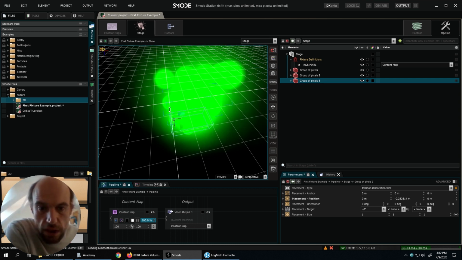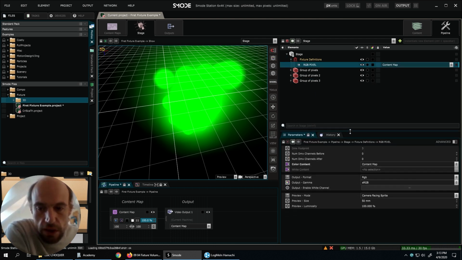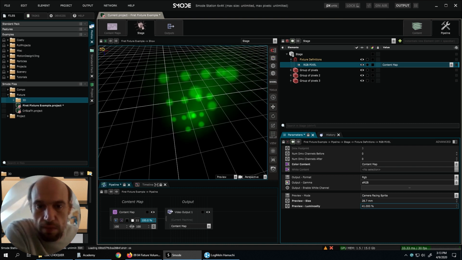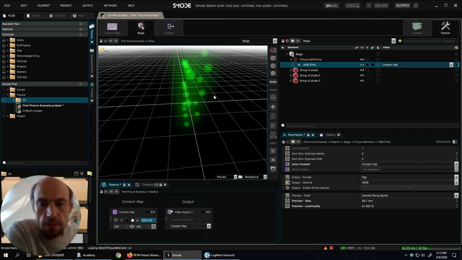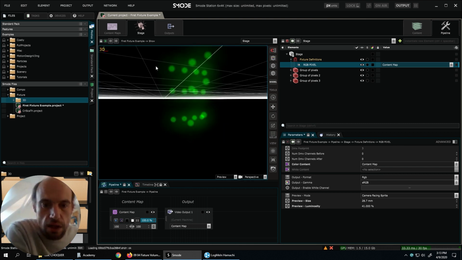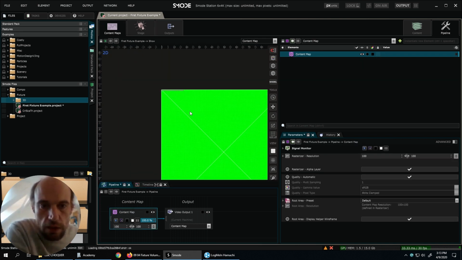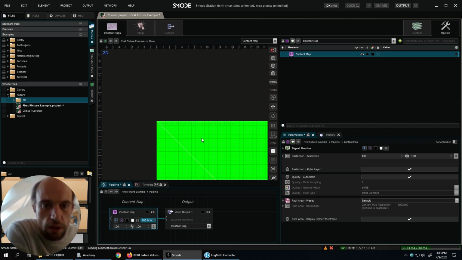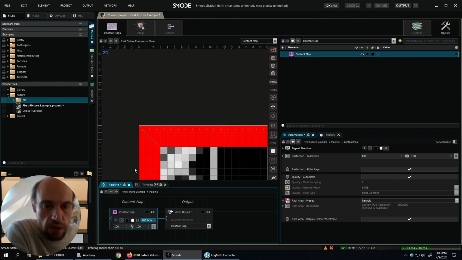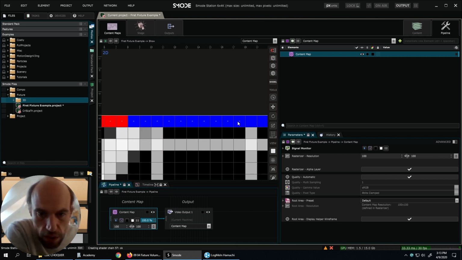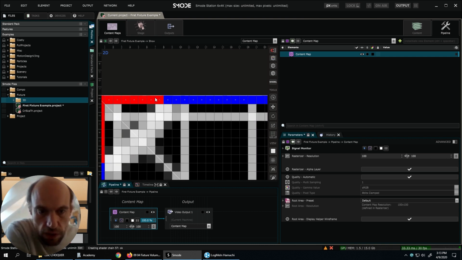So now, as you can see, there is a lot of light, so it's a bit hard to distinguish every single pixel. And for this, there is a preview size parameter that you can use in order to adapt the parameters of the preview and keep something readable. So now I made this structure of pixels, and we can go back to see what happened on the content map. And actually, what you can see, so maybe let's put this in a test pattern. And the dots you see here in the middle of the pixels correspond to actual fixtures in the stage.